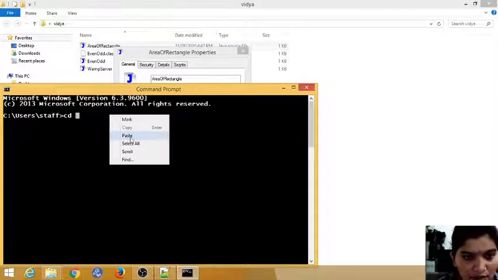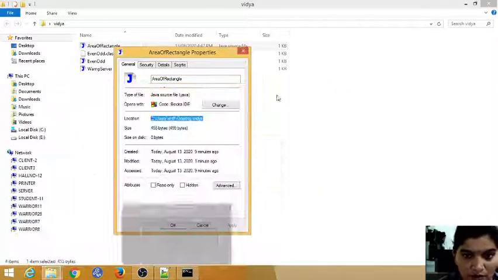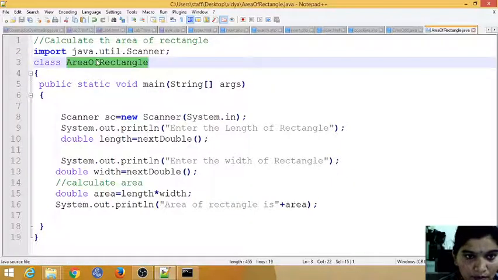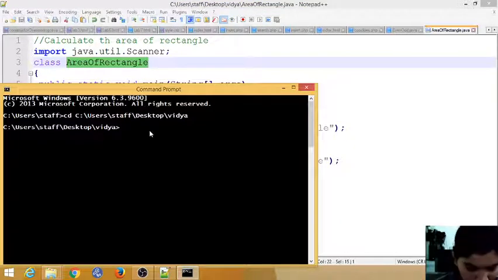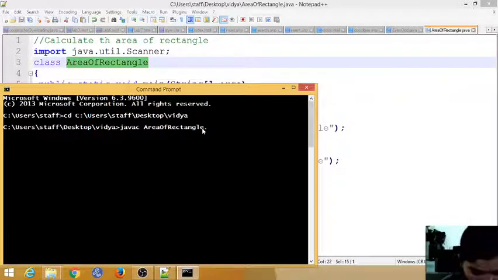Change the directory with cd. I am changing the directory to Vidya. Yes, it is changed now. Now I need the file name. The file name and class name are the same. How do you compile? I use the command javac, and paste your file name with the dot java extension.